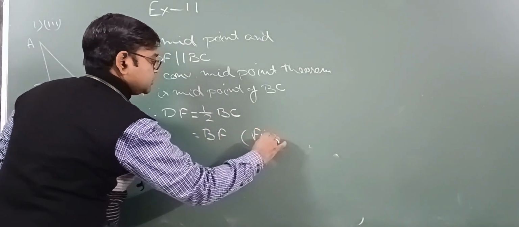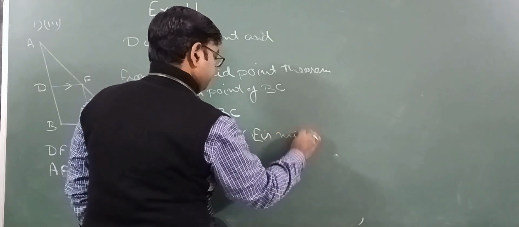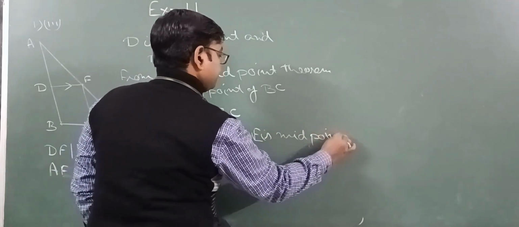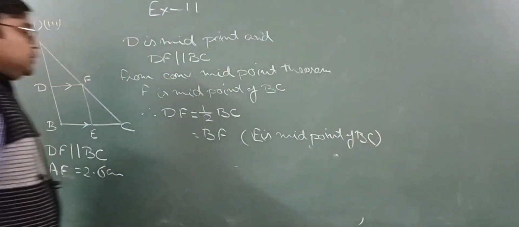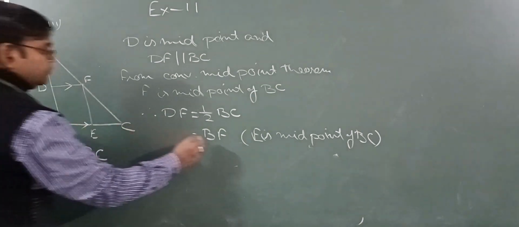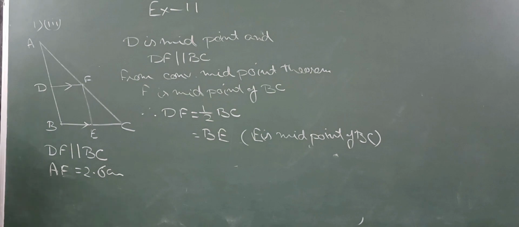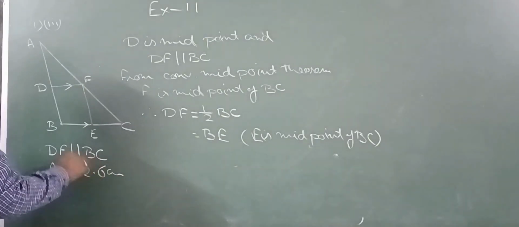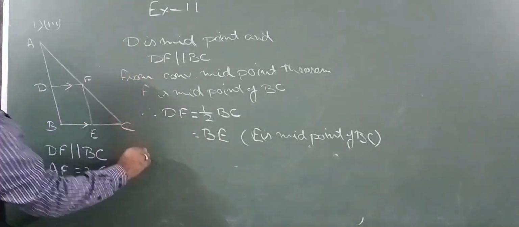Because E is the midpoint of BC, so BE equals half of BC. Now we can say that DF equals BE, and also we know that DF